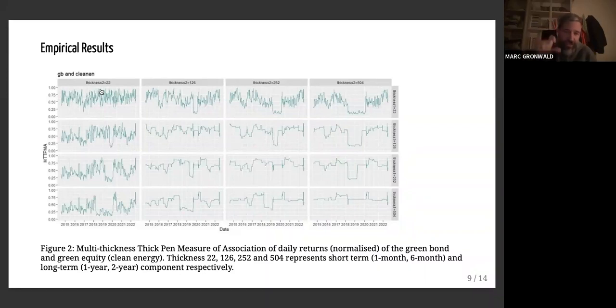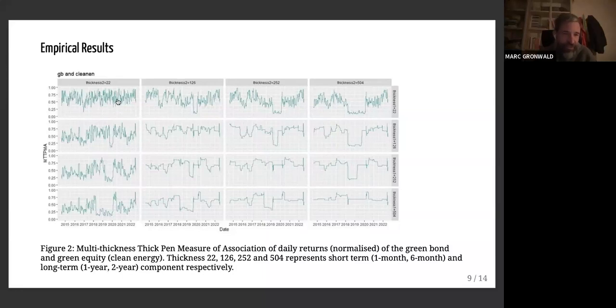So we are essentially measuring the co-movement of the components of the same type. So this means here would be the co-movement of the short-term components, and then at the bottom right down here would be the co-movement of the 2 long-term components of the series. And what we can see is that this measure is fluctuating between 0.5 and 1 most of the